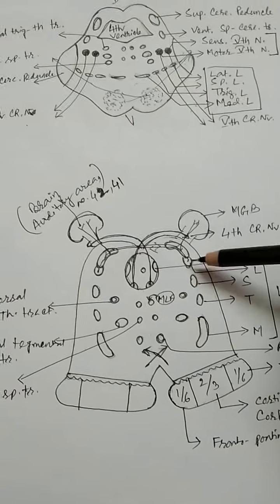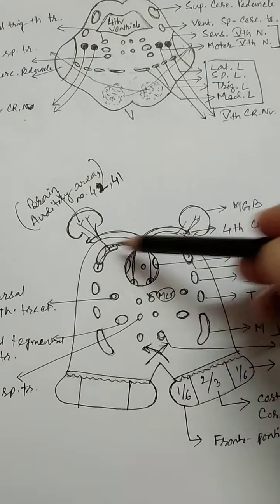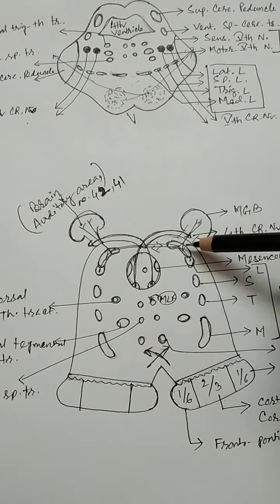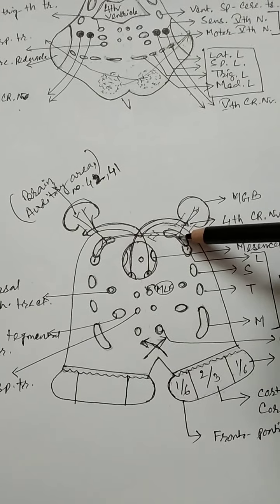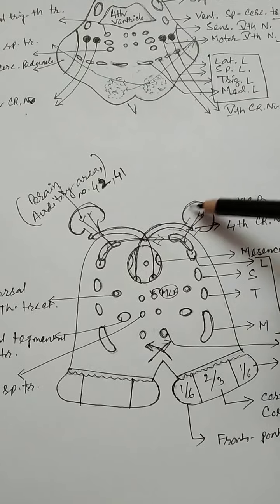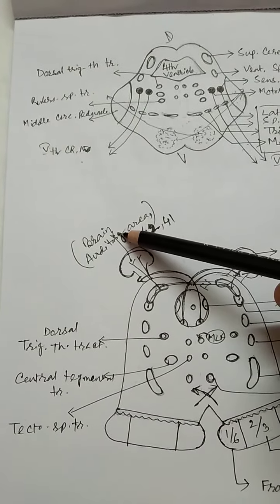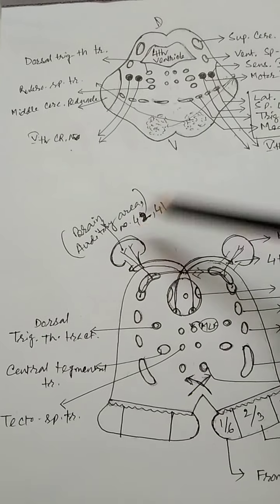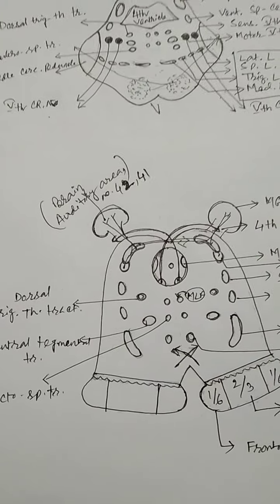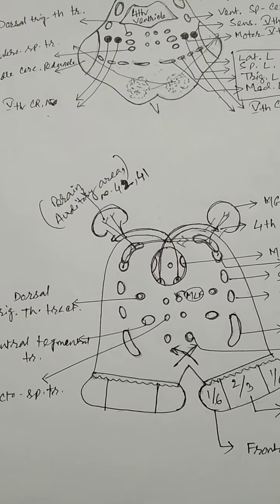Can you see? From the inferior colliculus there is decussation of the fibers. The fibers cross to the opposite inferior colliculus, or a few pass through the inferior brachium of the same side to ultimately reach the medial geniculate body of the thalamus. From the medial geniculate body the fibers reach the higher center of the brain, that is auditory area 41, 42. Okay. So this is the section of the midbrain at the level of the inferior colliculus.